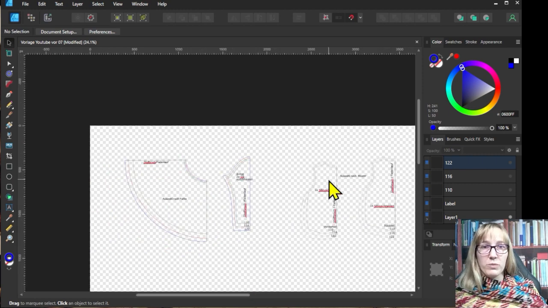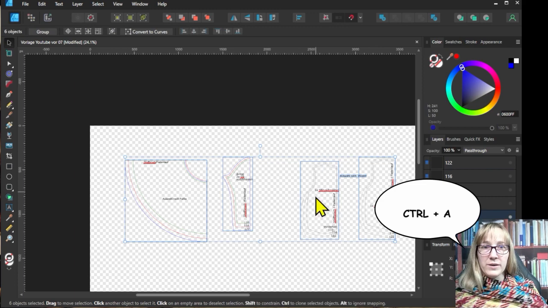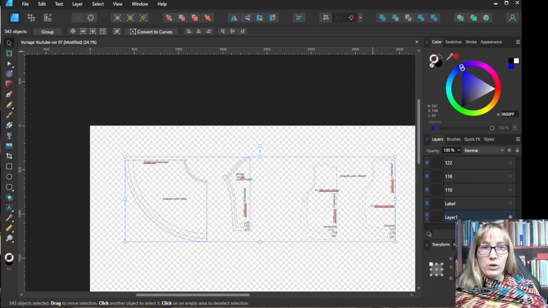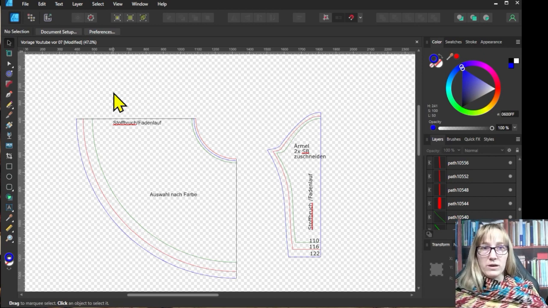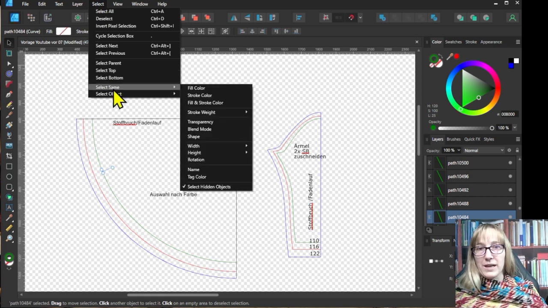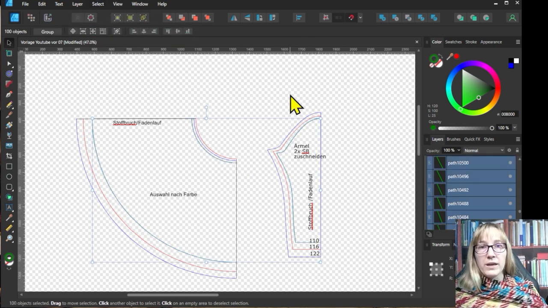First we have to ungroup the existing groupings. To do this we select everything with Ctrl and A and ungroup them by right click and ungroup all. We now have lines here with different colors. I select a colored line, go to select at the top, select and then stroke color. Now all green lines should be marked. If it doesn't work, you can try it with the full color, and if that doesn't work, unfortunately the colors have not been defined correctly or have not been recognized and you have to move the lines individually.